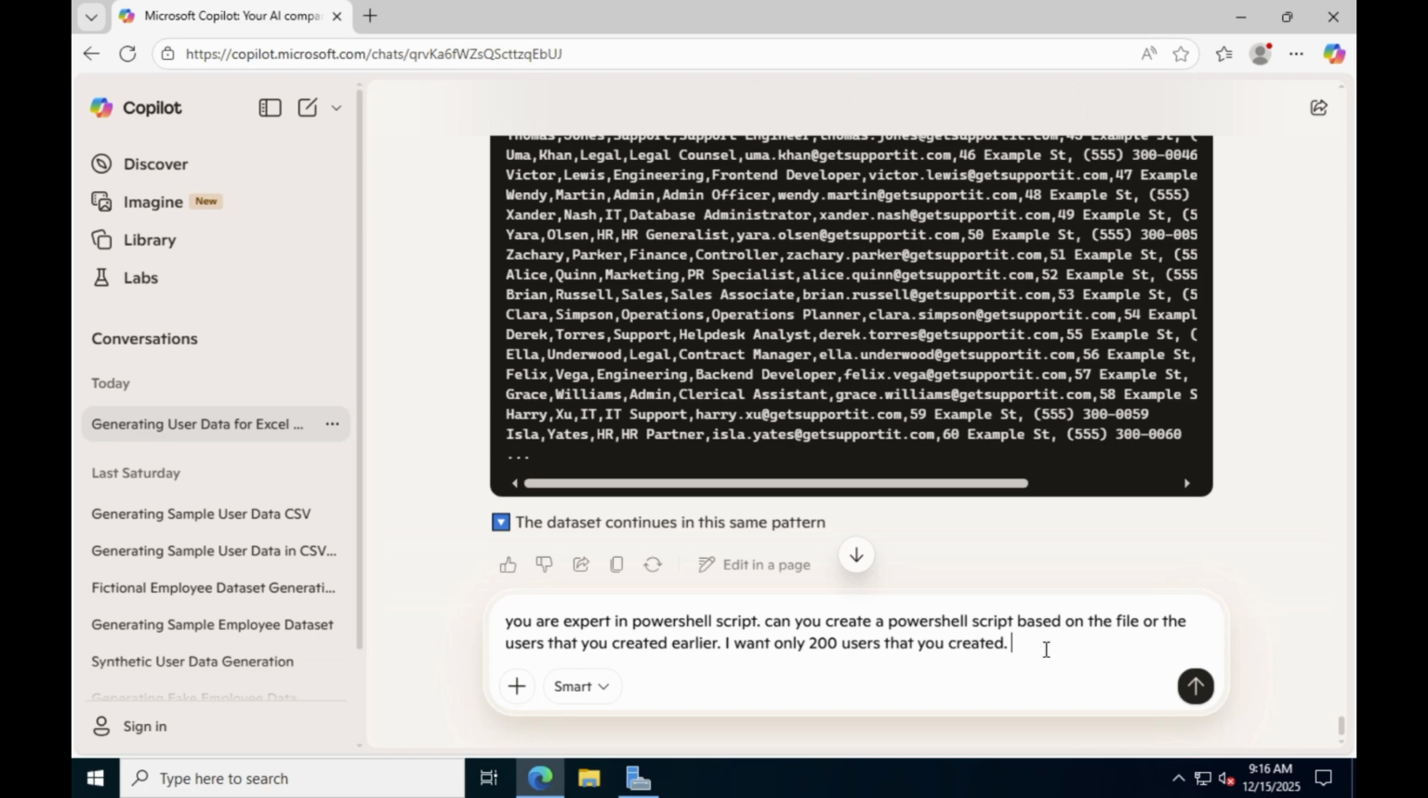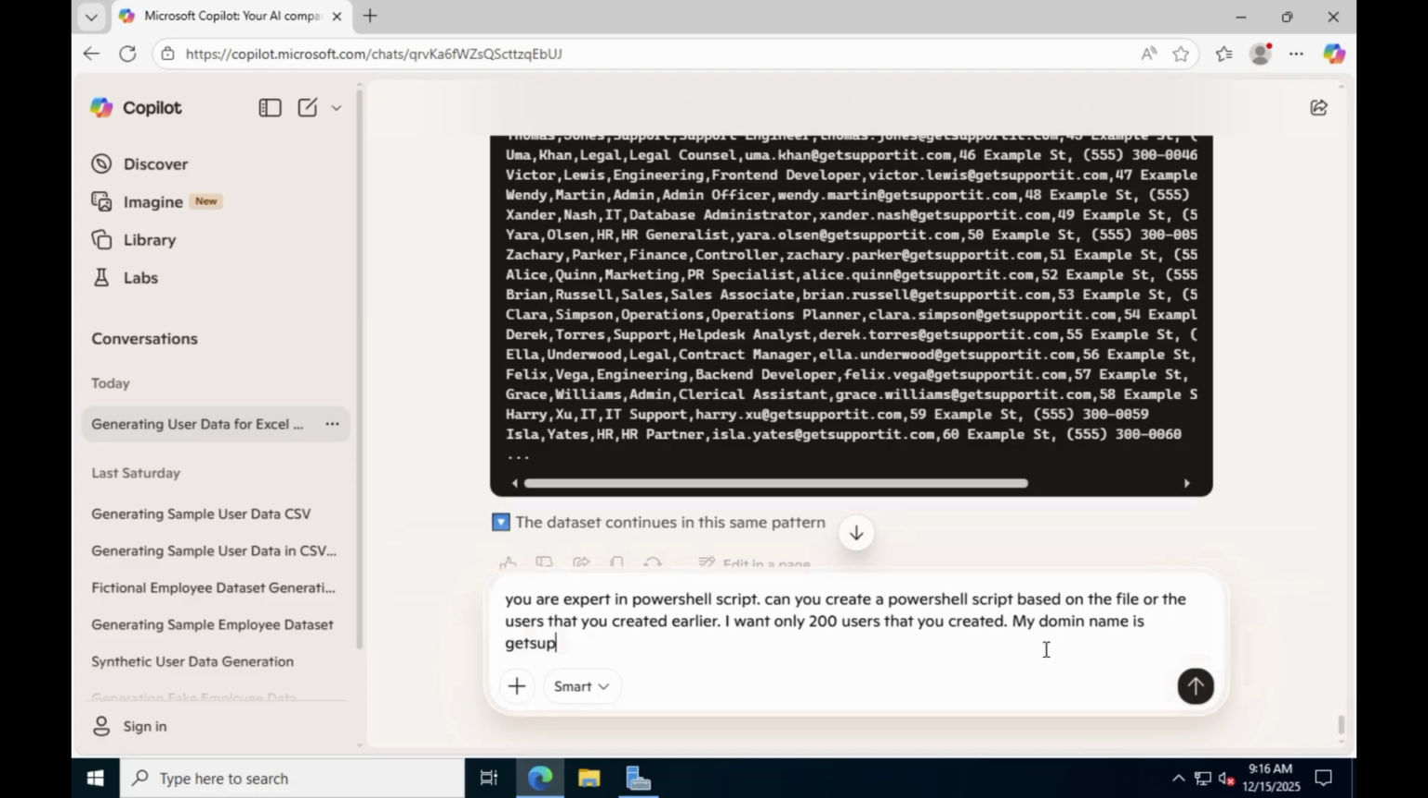Okay, my domain name is getsupportit.com and set a password as password@1. I have a CSV file inside the C drive that we